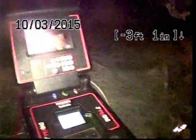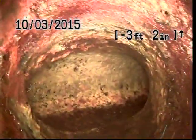And if you can tell, we are in the crawl space. That's where our clean out is. It's in the back corner of the crawl space. Let's see, here we are. It is a 4-inch cast iron line. Let's go ahead and drop our camera in here and